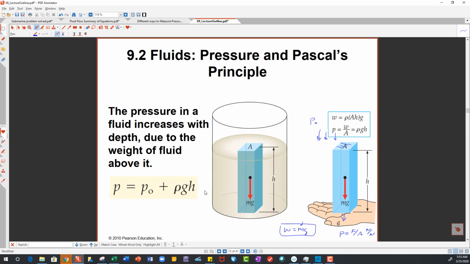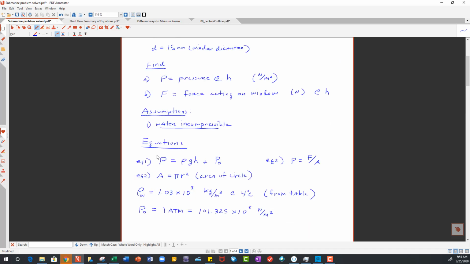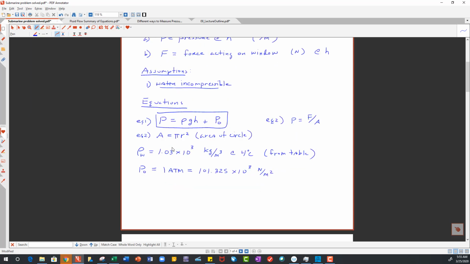So back to our problem, I have the pressure here. Just to sketch this out, after I've showed you what this means, here we have the submarine. I'm just going to make it a sphere, and here's the surface of the ocean, and it's a depth h below the surface of the ocean. Then we have P naught, the atmospheric pressure pushing down, and then we have the weight of this column of water pushing down on this submarine,